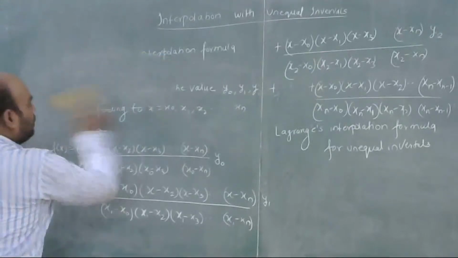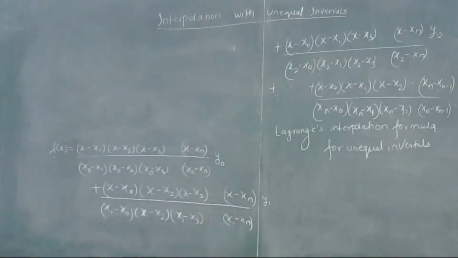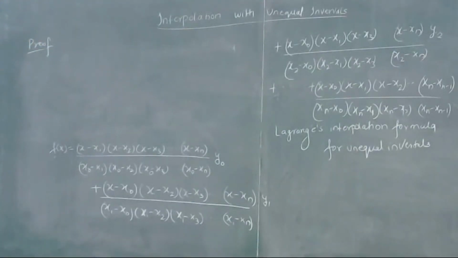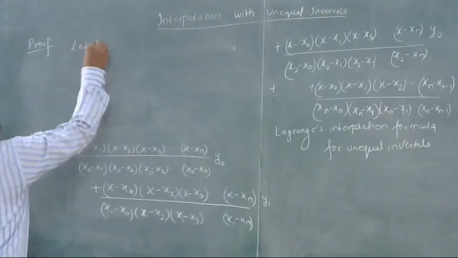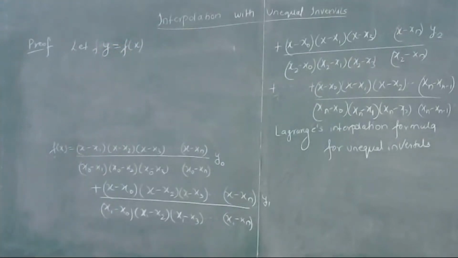Okay, so how do we get this formula? How do we arrive at this formula? So in the examination, proof of every method is asked. So we just go through this derivation. Okay. So we are deriving this formula. So let's suppose again that y is equal to f of x. Okay. So we are assuming y is equal to f of x be the function